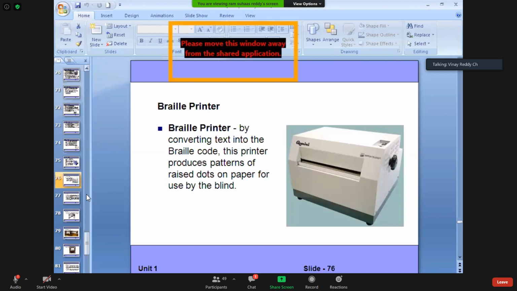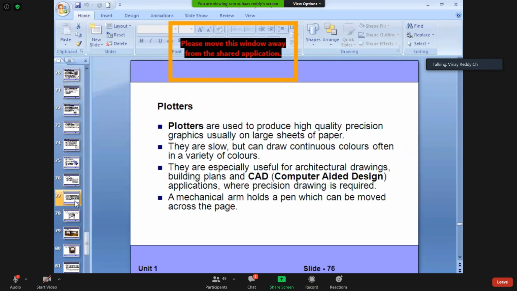Normally, if you write A on paper and touch it, is there any difference on the paper? No, it won't be. There is no impression on the paper. Am I right? Normally, Braille cards are such that if you touch them, they will check the alphabet by touching. By sensing, it will be through the brain only. By touching, whatever the touch sensor is there, the sense goes to the brain. So this is alphabet A. So this is one type of printer.